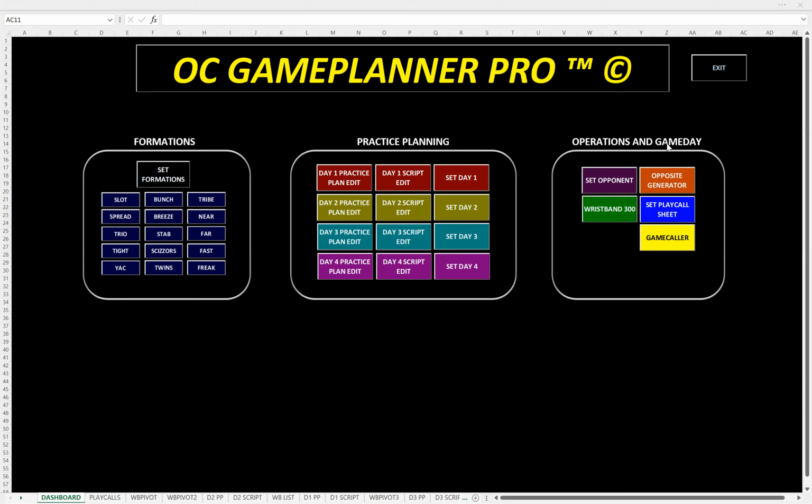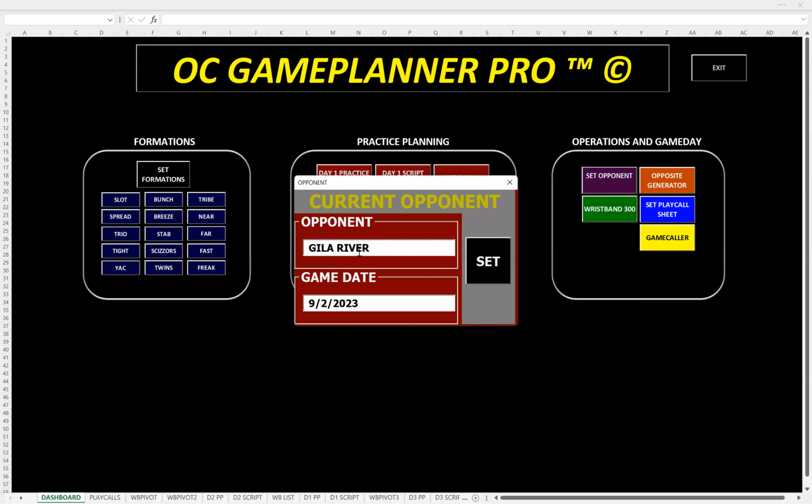So this program is all inclusive to make it easier for OCs and coaches to game plan for their next opponent, and easier to run practices and make sure we get things organized as fast as we can with no mistakes. Allows more time to practice, allows more time to coach. So essentially the first thing you're going to do is set your opponent here. So I've set it to Gila River